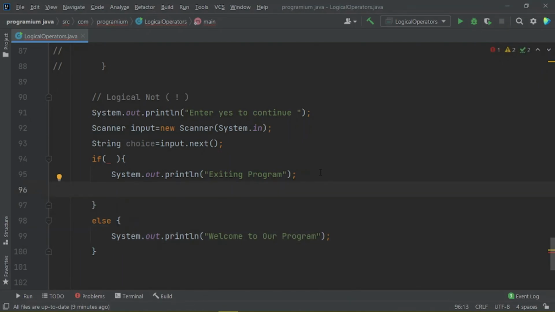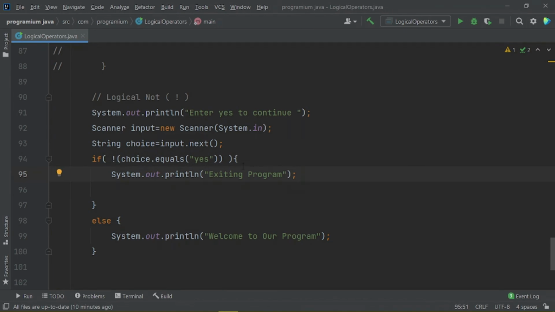But how to show this exiting program to the user by using an if condition here? We are going to use here the logical not operator and then parentheses, and after that we have to use here if choice dot equals yes.